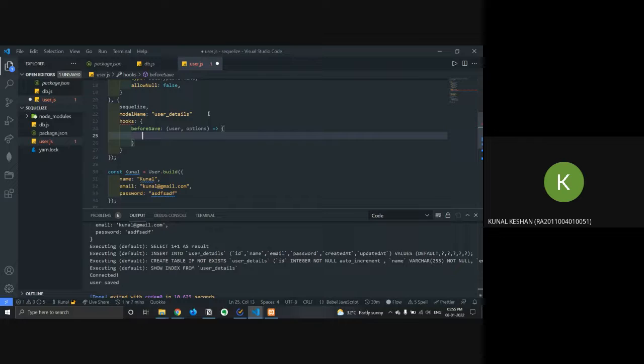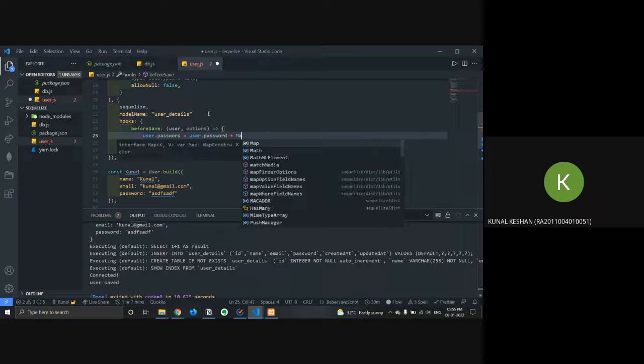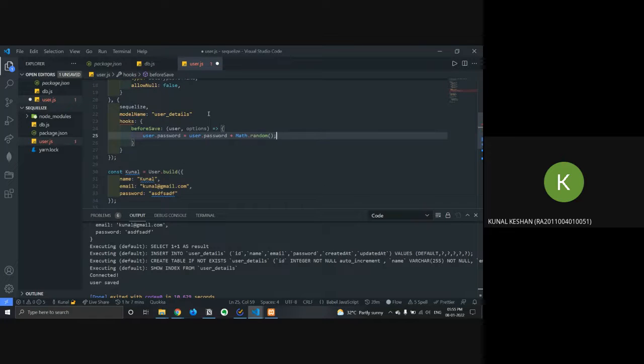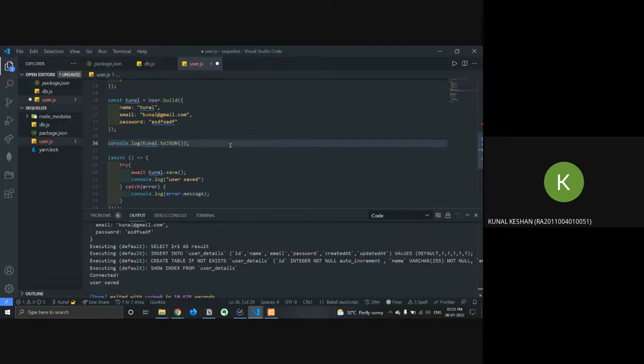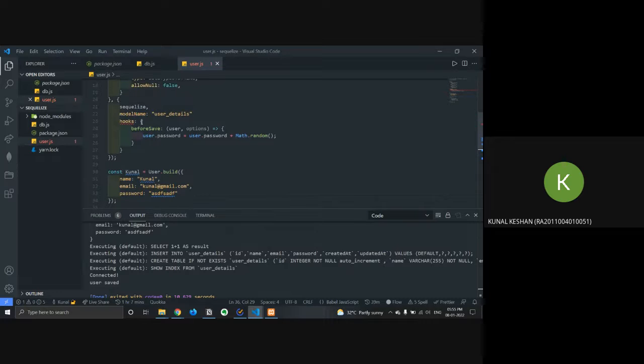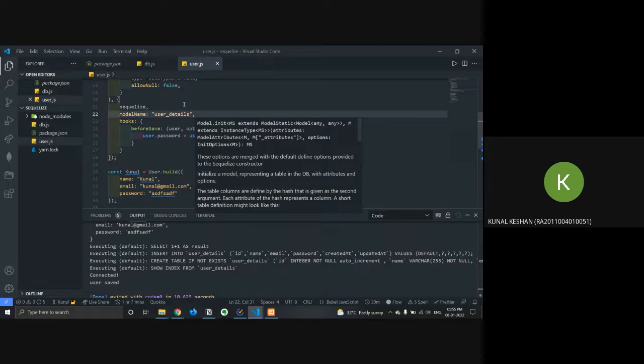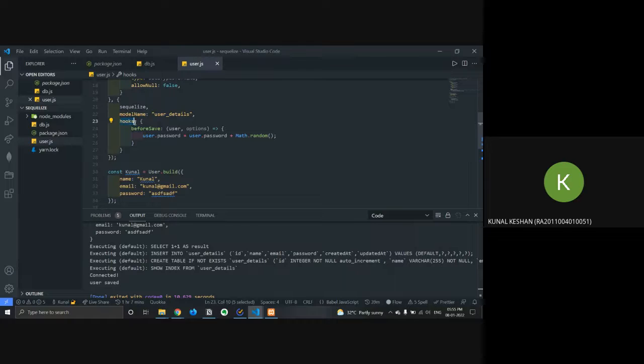What we can do is user dot password is equal to user dot password plus a math dot random. Just testing it out. So what my hooks does is it looks at whatever hooks I've specified in here.